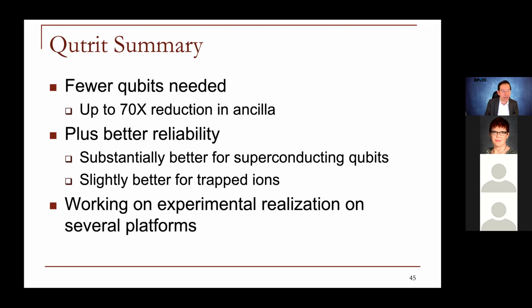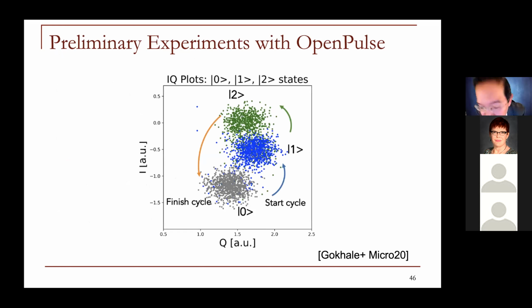And in fact, we have recently just done this, some Qtrit experiments on IBM machines using their open pulse interface. It's a little tricky because the waveform generators are limited to not go into a frequency that would allow you to go from the 1 to the 2 state. So we have to do some sideband modulation, but the fundamental technology allows you, of course, to get to these different states. And so we're able to do, in this case, a simple 3-state counter using a single device.